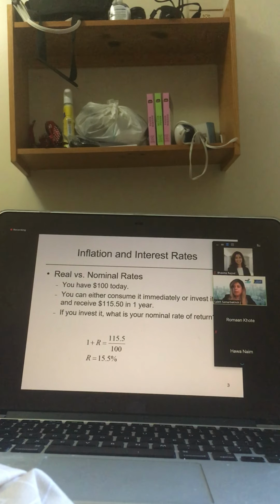Luis, your answer is correct. So Luis gives me 15.5, which is what your calculator gives you. Is that right? But what I want to remind you always is that your calculator already assumes that the rate is in percentage format. So make sure everyone understands that and is comfortable with the idea that what you plug into your calculator is always assumed to be percentage, and when it comes out, it's the same. When you receive a rate, make sure that you remember it's a percent.